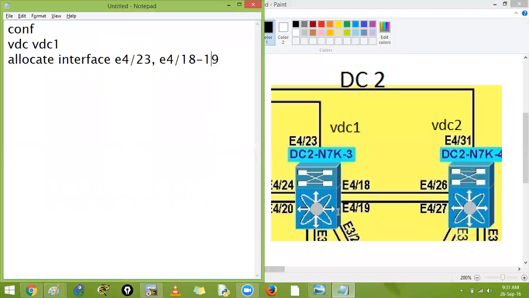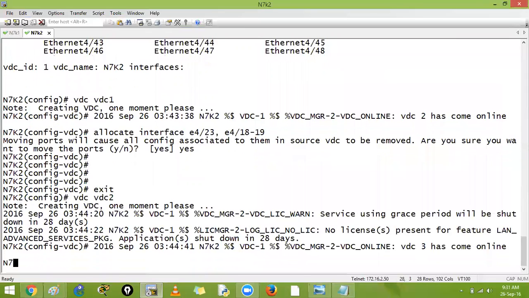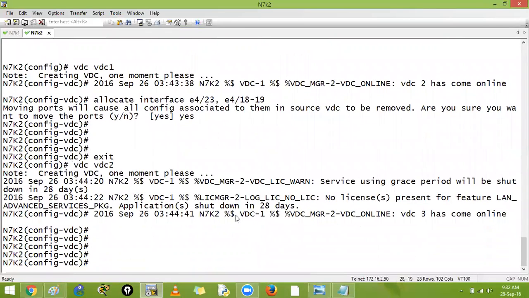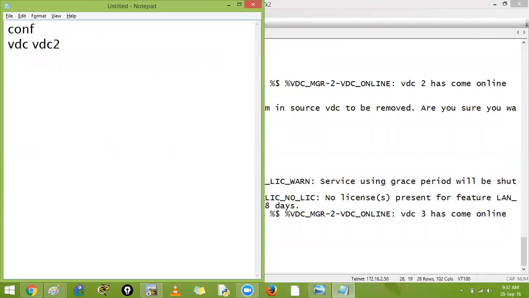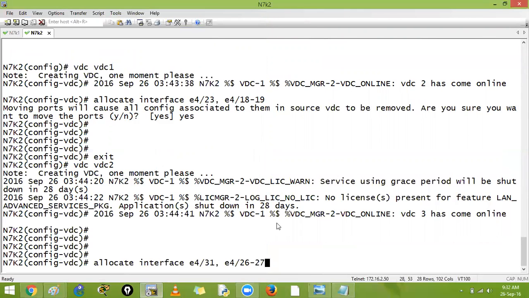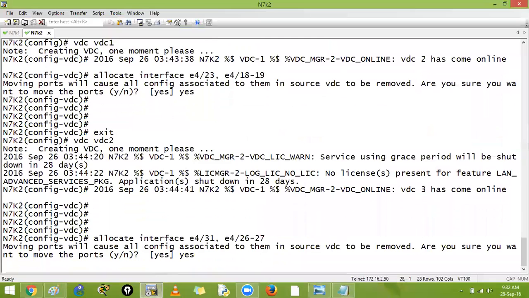E4/31 and E4/26 and 27, right? These are the interfaces. This is VDC2. As of now, simply we'll go on the configuration and we will say VDC2 is online. Please allocate the interface. Okay, maybe I copied something wrong. Yes. And now same config on